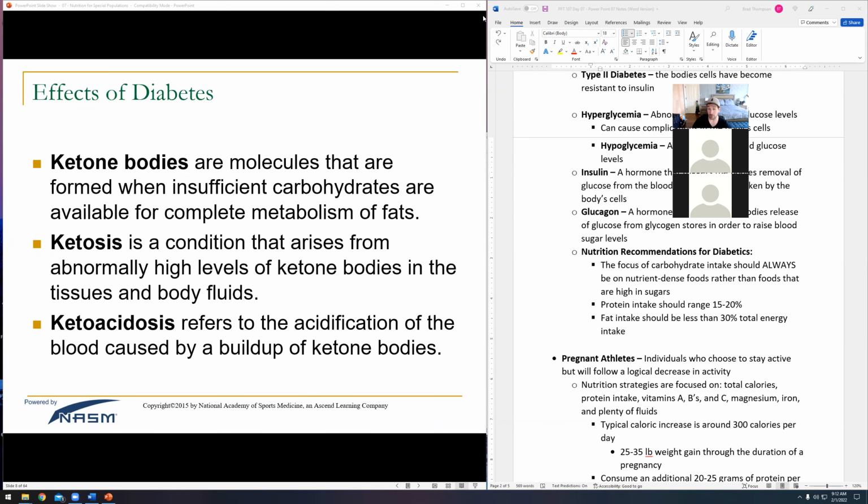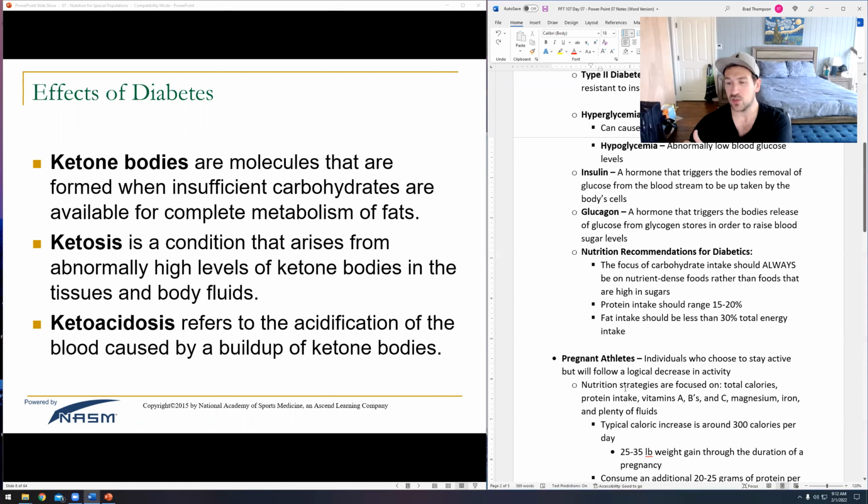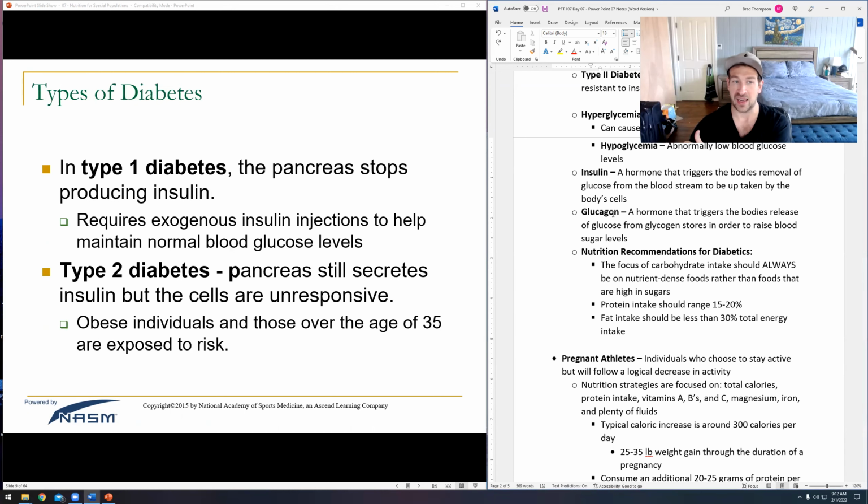So would I put every one of my clients on keto? No. Would I put every one of my clients on a regular standard American diet? Also, probably no. I would say that that's going to fit most people. But again, I might have somebody with some interesting condition where things need to get specific. So this is why we need to take a look at special populations, right? With our type 1 diabetics or our type 2 diabetics, we want to make sure that they are getting proper nutrients.